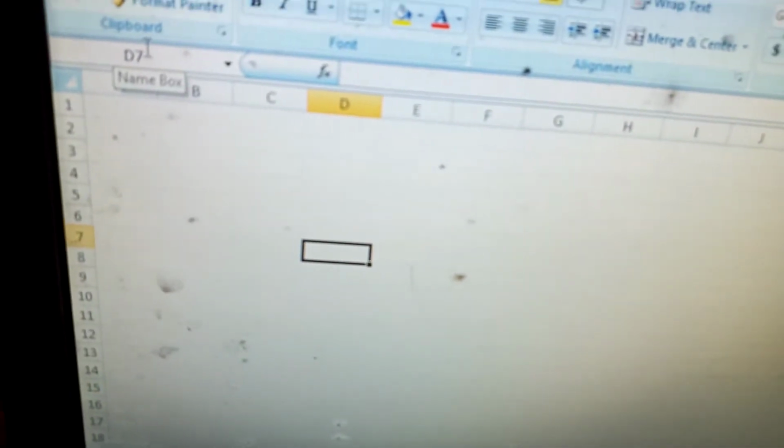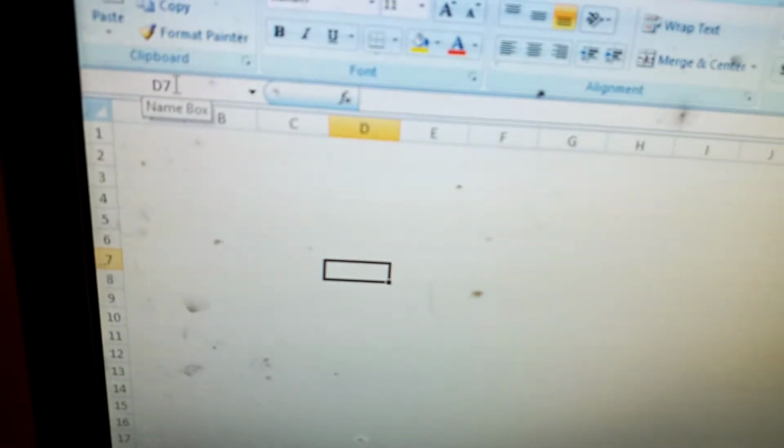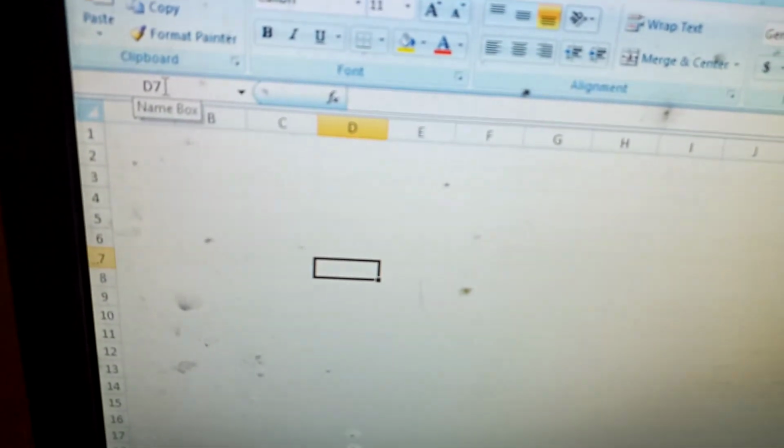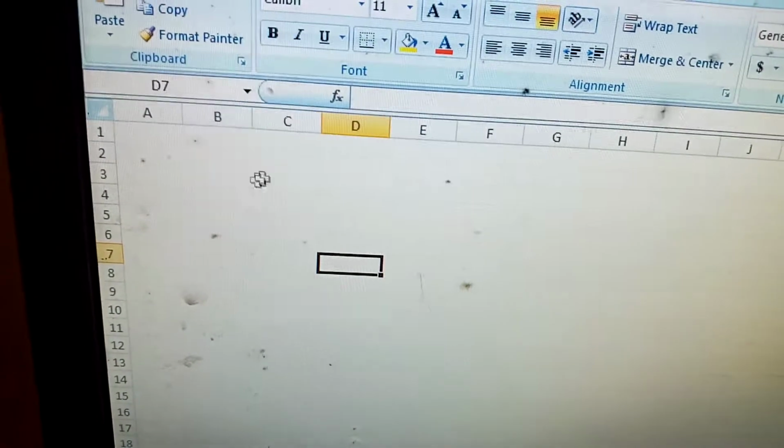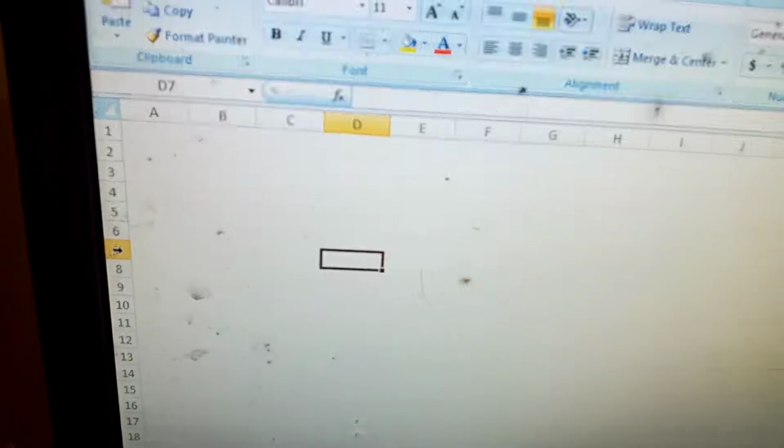When I click on this first column, this is my column A, then B, C, D, and so on. If I'm pointing to one of the areas here, then the Name Box will show you the name of that cell. This is D7. D7 means column D and the 7th row.